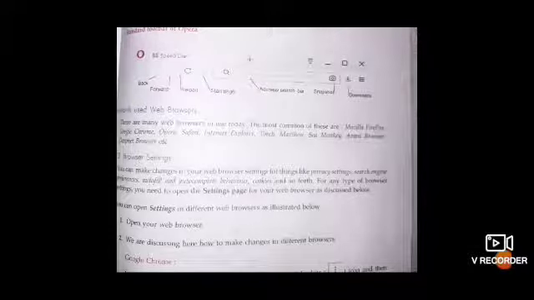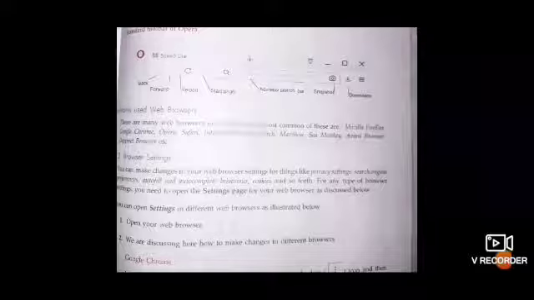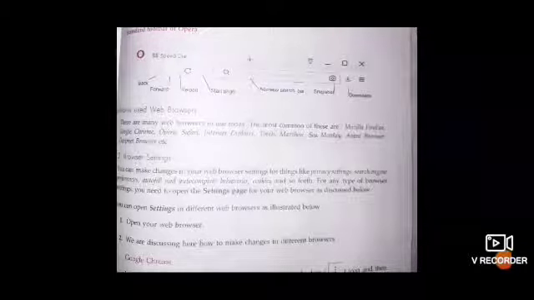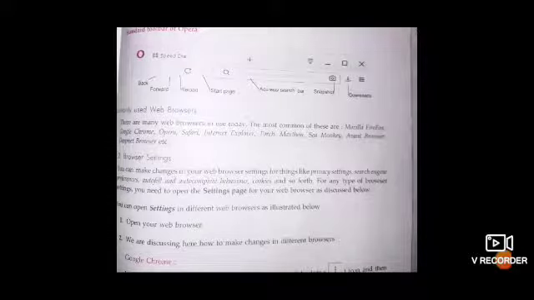Okay, now next you can see browser settings, meaning if you wish to set your browsing, then you can set it. The steps have been given, so you need not learn those steps, just go through them once so that you will be able to give the answers. Clear? Now next is setting for cookies.